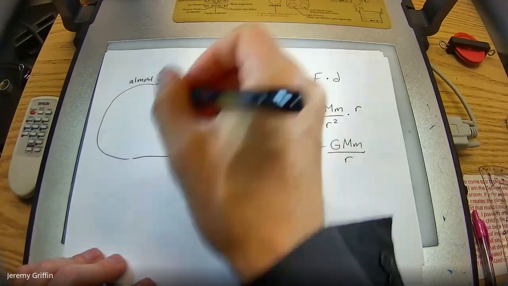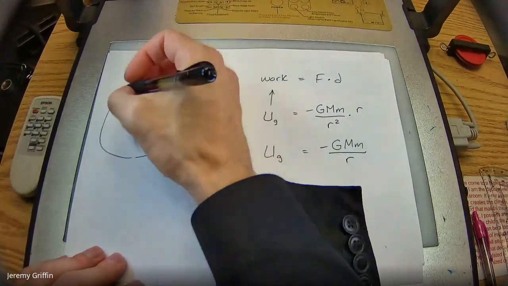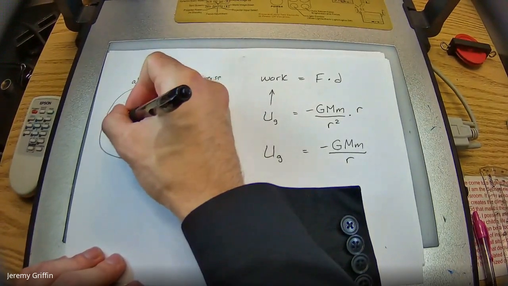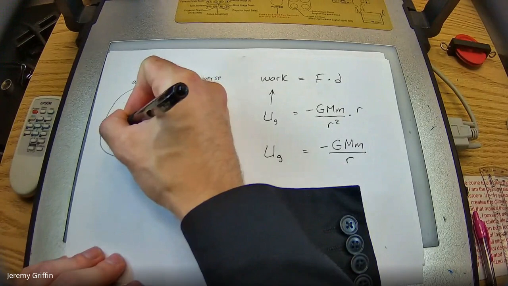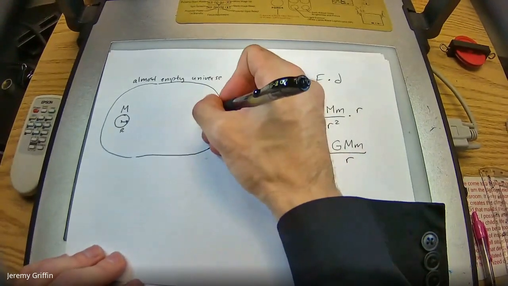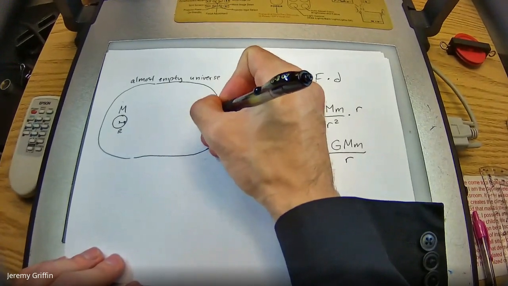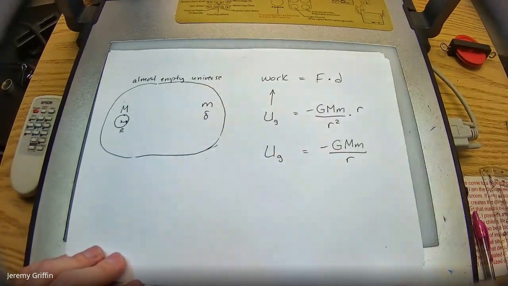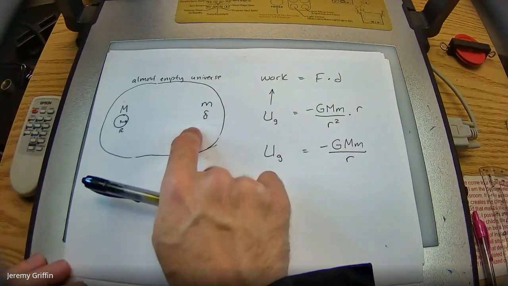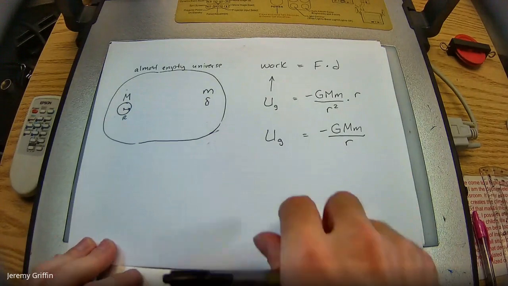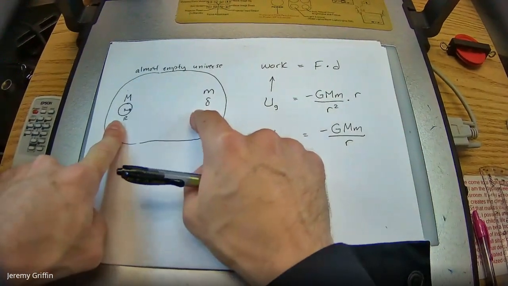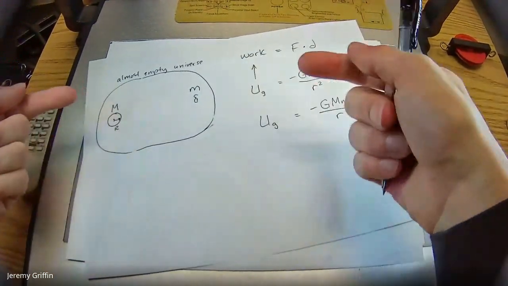Let's say there's nothing in this universe except for two things. On one edge of the universe, one end, I've got a planet. It has some radial size, capital R. It has some mass M. And on the other end of this universe, there's a little tiny lab weight with some mass little m. So mass of a planet, and maybe it's like a 1 kilogram lab weight, something like that. And these are on opposite ends of this otherwise empty void. Now, do you think there's a tiny, tiny gravity pull between these two?